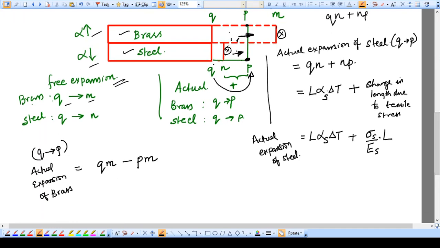So what is QM? QM is the free expansion of the brass. So the free expansion due to the thermal stress is given by L alpha B into delta T. So this is QM. And what is PM? PM is a contraction that happens in the brass member. So when you see this,